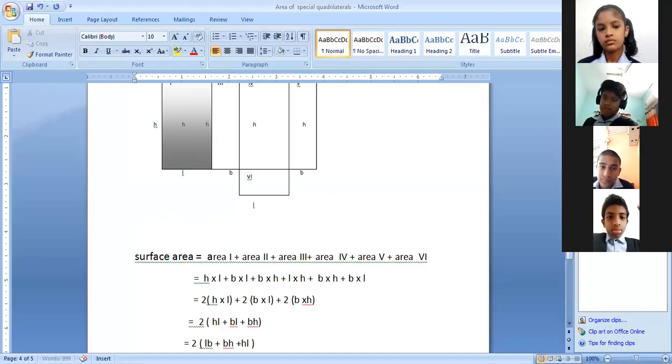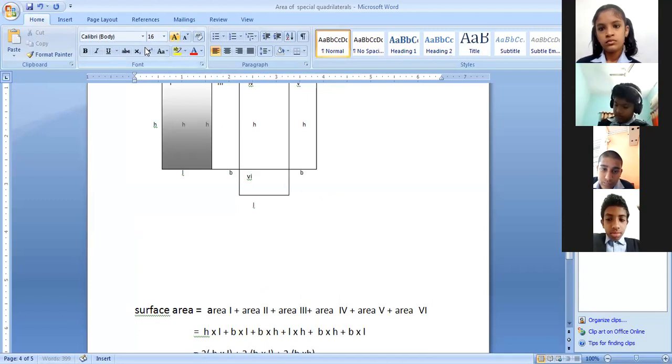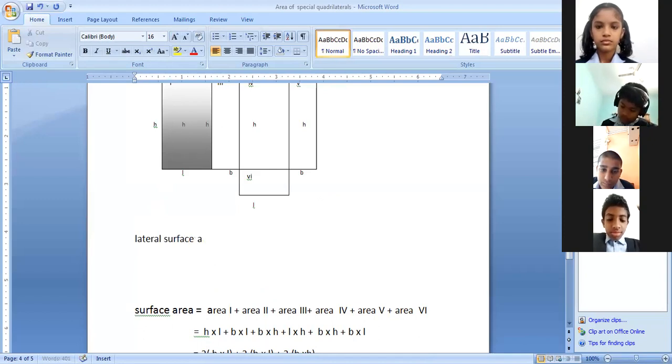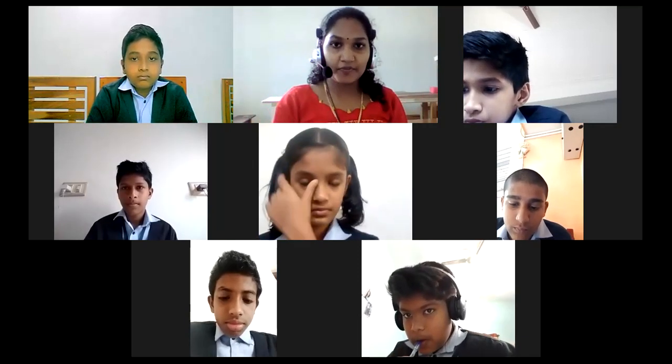Wait. Font is very small. Lateral surface area. How can we find that? Actually, lateral surface area is nothing but the area of the cuboid except adding the area of the base and